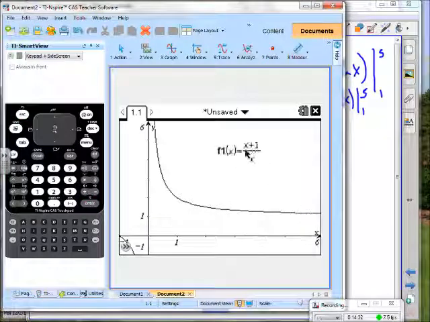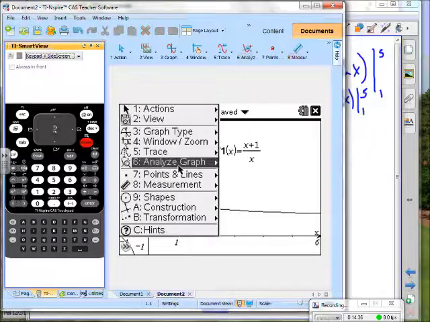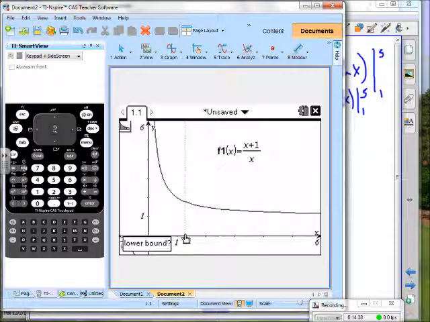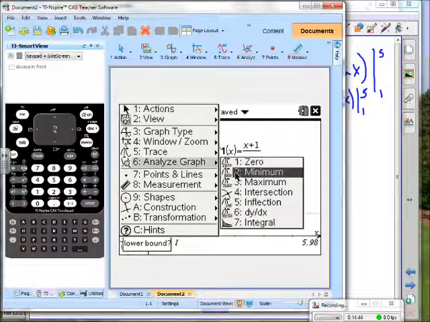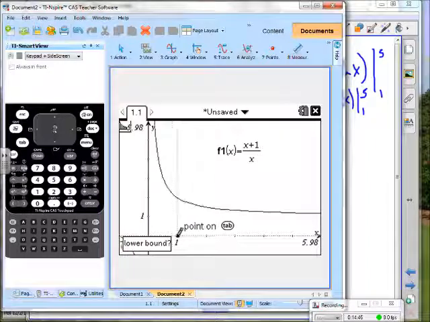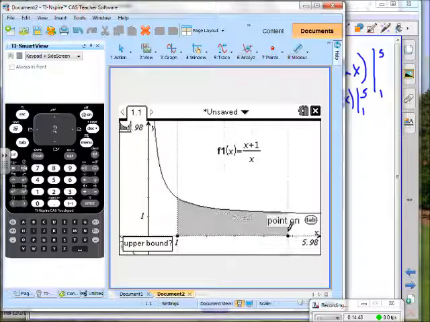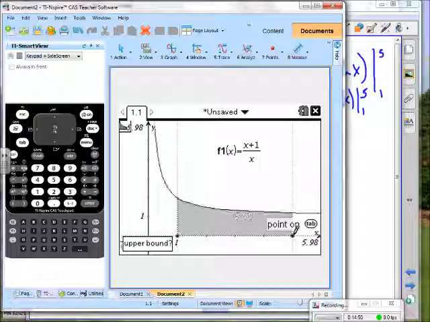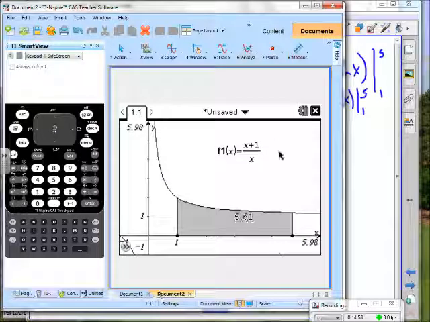Now again, to do this, you have to use the analyze graph piece. Oops, let's try that again. Analyze graph piece. There we go. And we want to go over to 5. And what did I have my input? I forget now. Looks like almost 6, so I'm going to put it right there. My answer